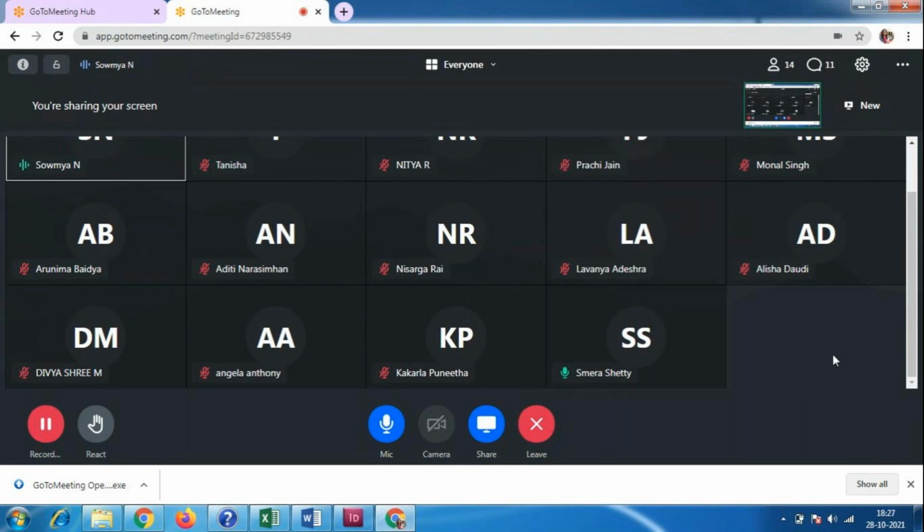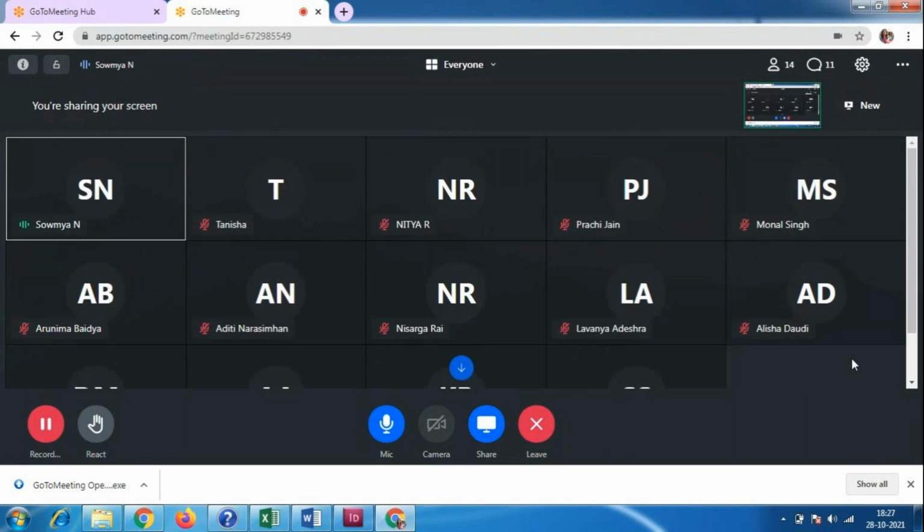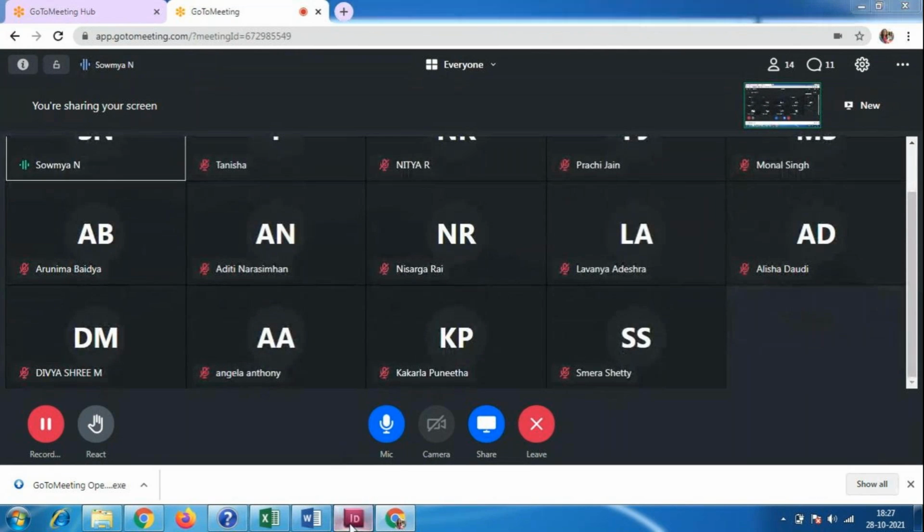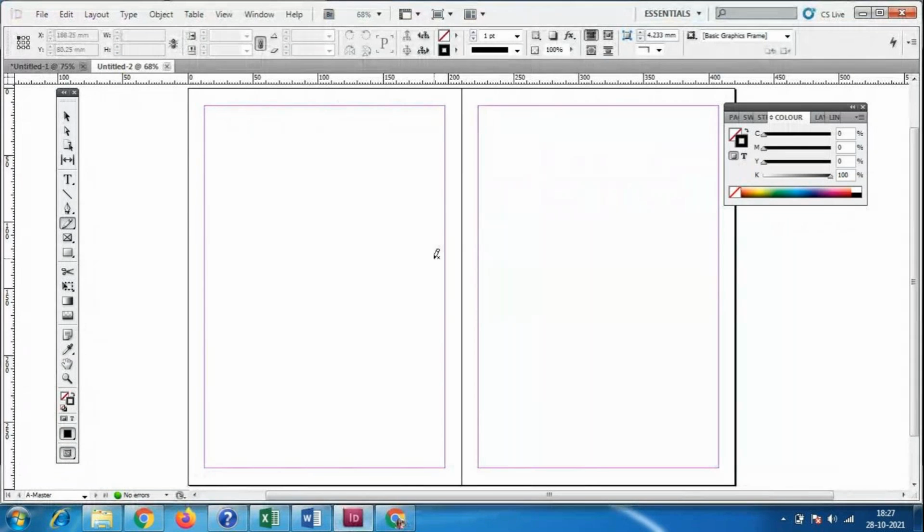So can anybody tell me what a master page is? When we are doing a magazine cover page or any book design, the front page and the back page are always very colorful. In a ledger book, an attendance book, or a glossy magazine, there will be colorful, attractive photos and catchy lines.